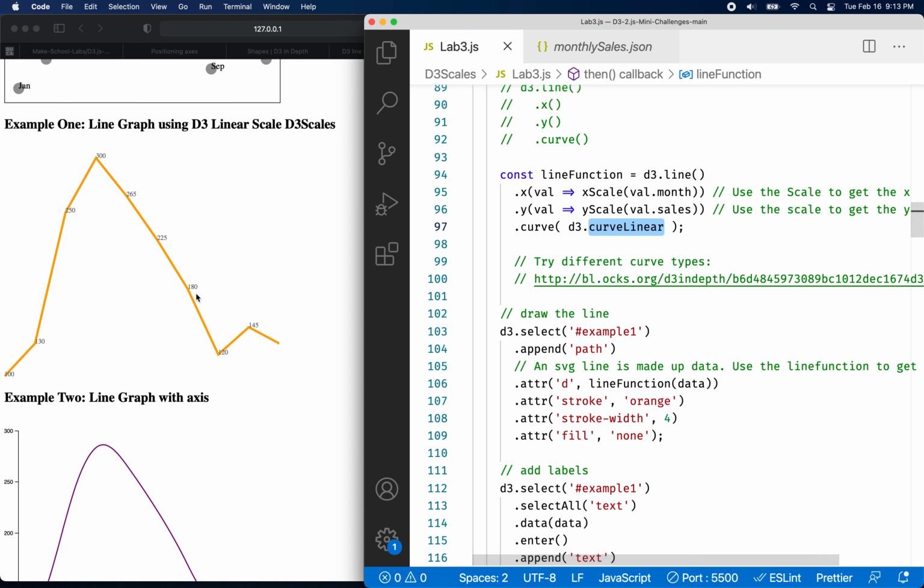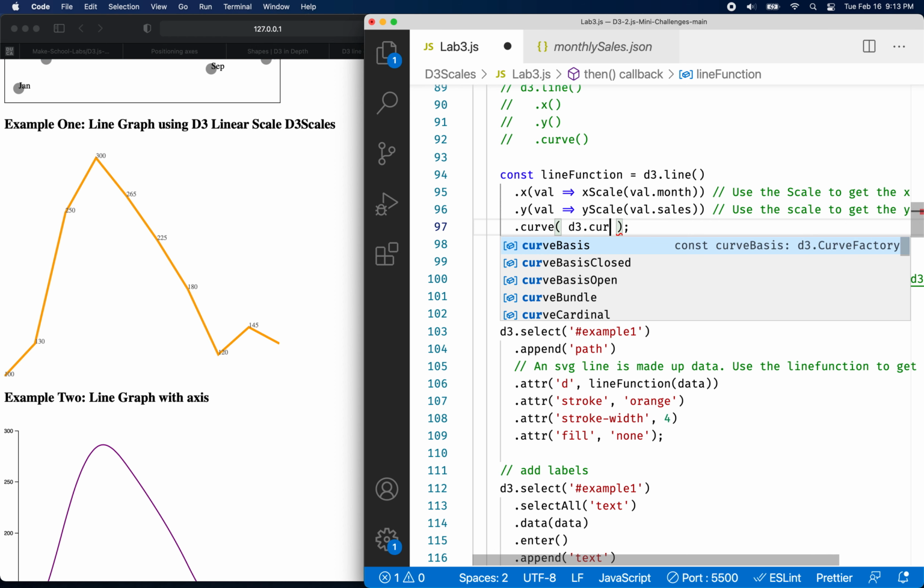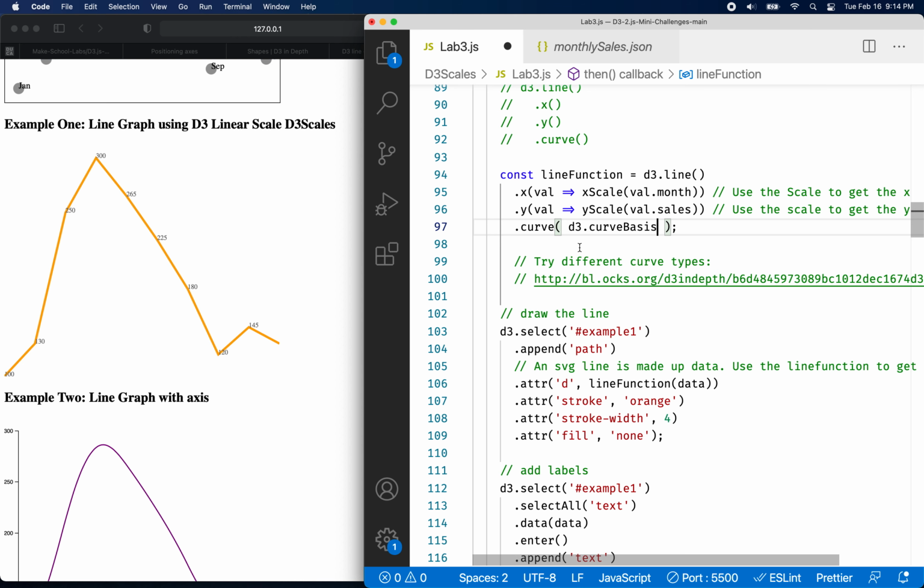Curve linear is straight lines. And if you do D3 dot and you type curve, it'll show you, at least in VS Code, it'll code hint you all the different D3 curves. So if I choose basis, you can see I'll save the file, and then the curve is kind of smooth, right? If I choose D3